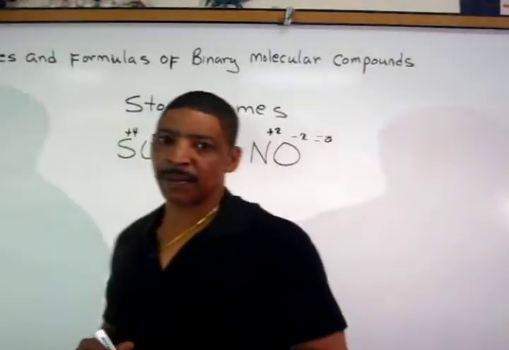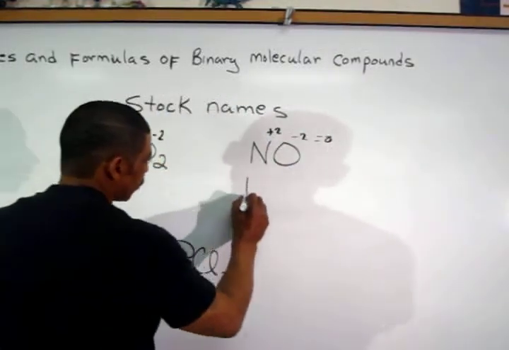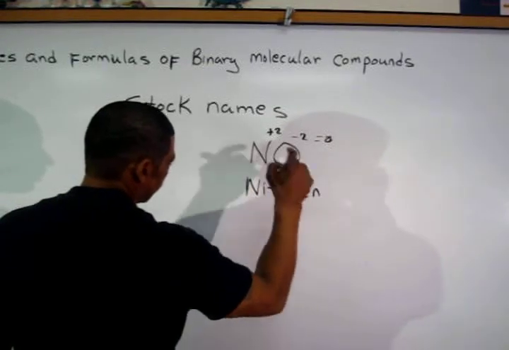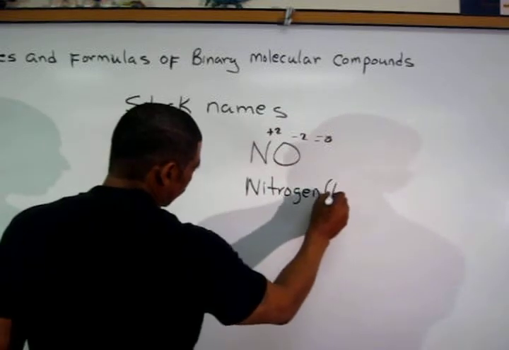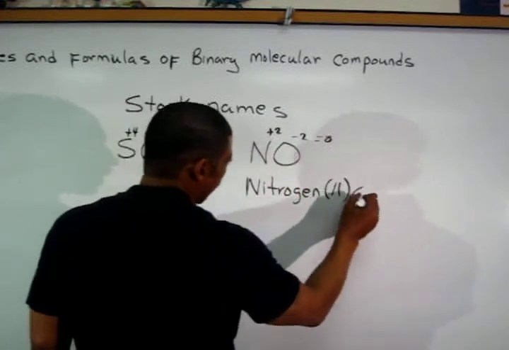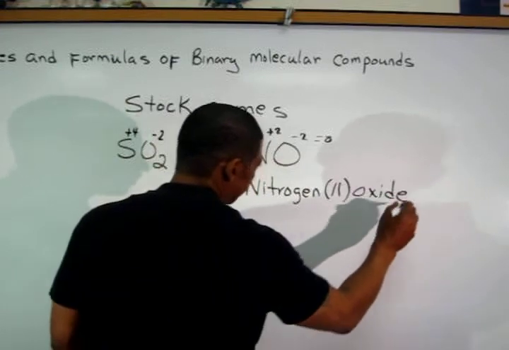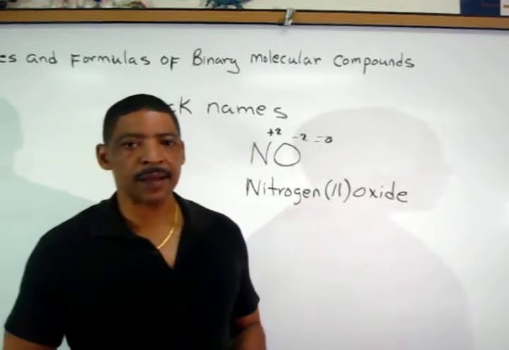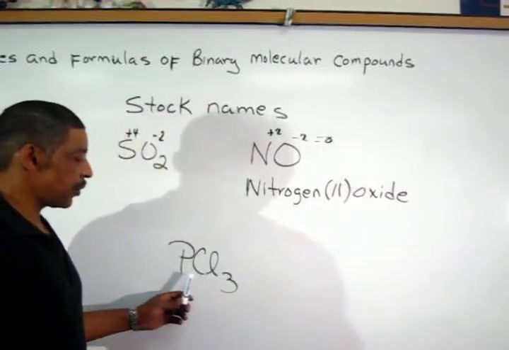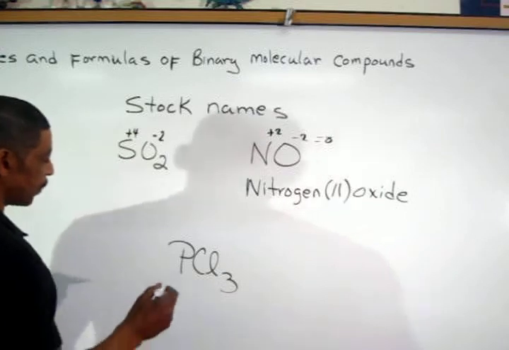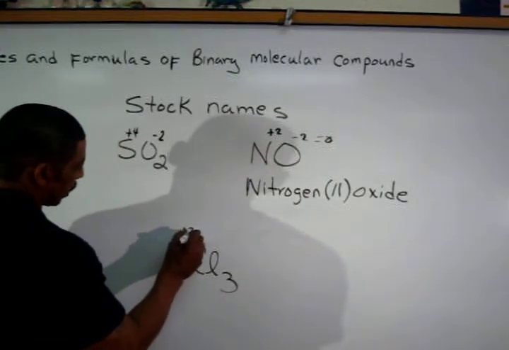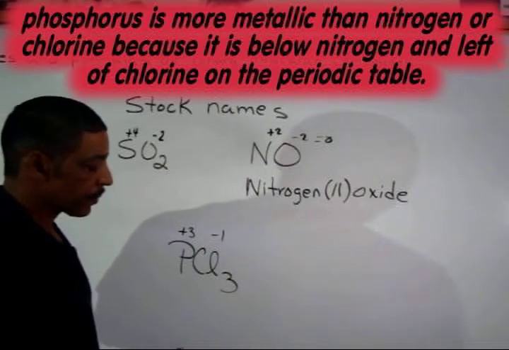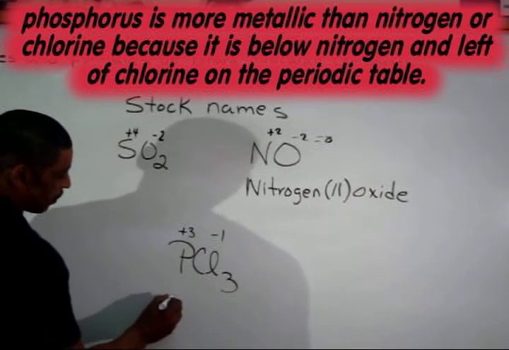To write the name of this compound, simply write nitrogen 2 oxide. And finally, in the compound called phosphorus trichloride, phosphorus will possess a +3 oxidation number, and chloride will possess a -1 oxidation number. The name of this compound will be phosphorus